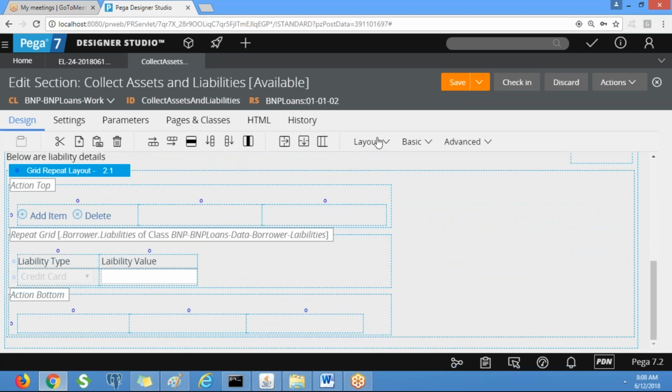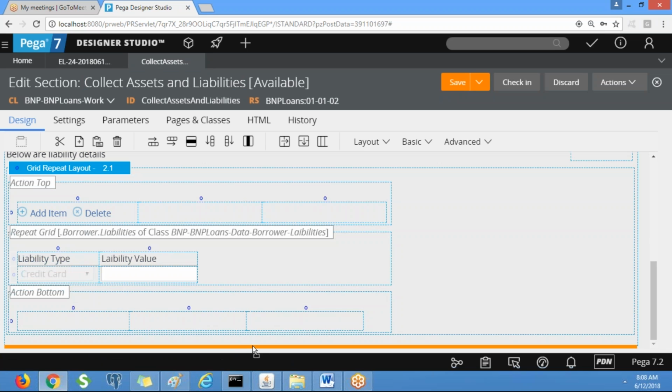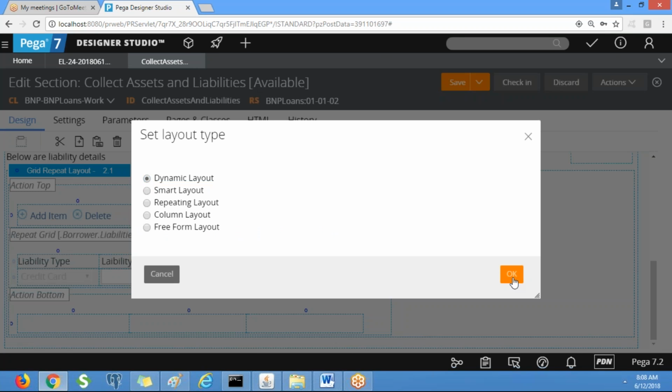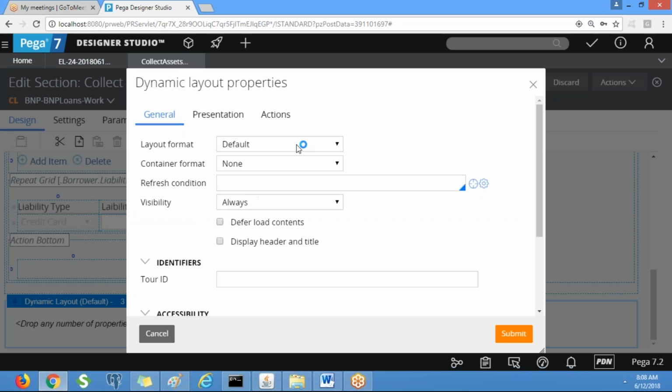Okay. So here I am going to use one more dynamic layout for displaying total assets and total liabilities. Make it inline grid double.